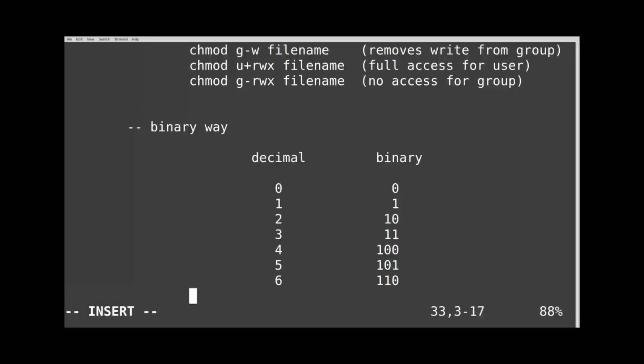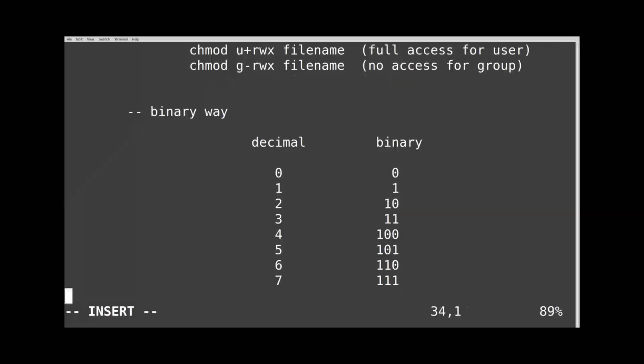And with 7, what you may notice here is if you look at binary, there's a very, very good pattern here. And what we can see is with 7, there are 3 unique bits being set. And that's something I want you to remember just for a couple minutes. 7, 3 different bits are being set, and this will keep it handy for learning the binary way of manipulating